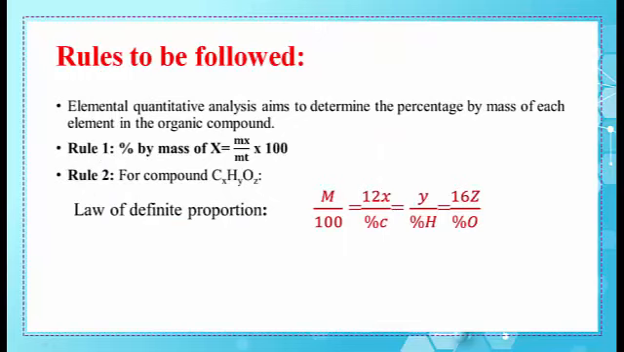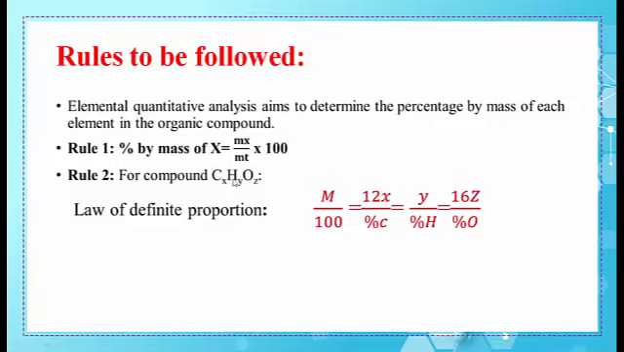The rules that should be followed in quantitative analysis are: the first rule is the percentage by mass of any element X, carbon, hydrogen, oxygen, etc., is equal to the mass of this element over the total mass of the compound times 100. The second rule, for a compound of molecular formula CxHyOz, we use the law of definite proportions, which we are going to see how we can determine. The molar mass of this compound over 100 is equal to the molar mass of carbon, which is 12, multiplied by the subscript of carbon, which is x, over the percentage by mass of carbon,